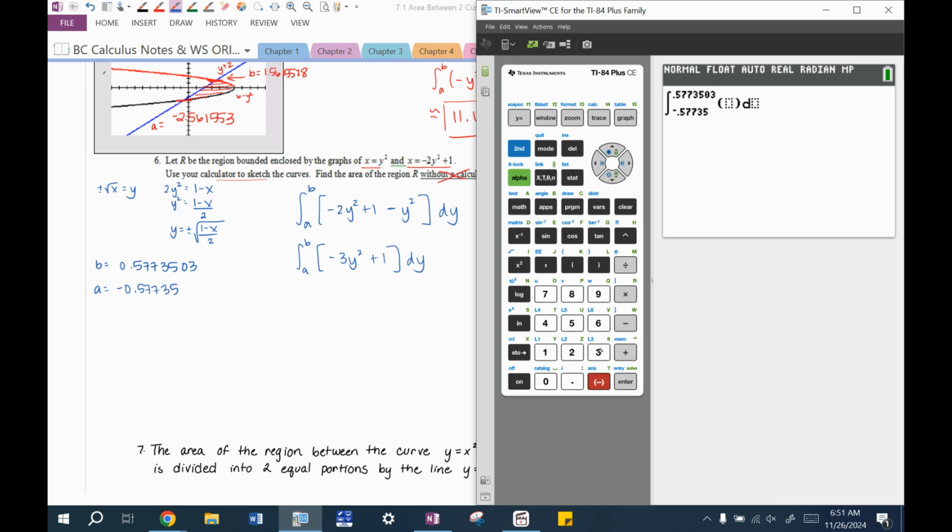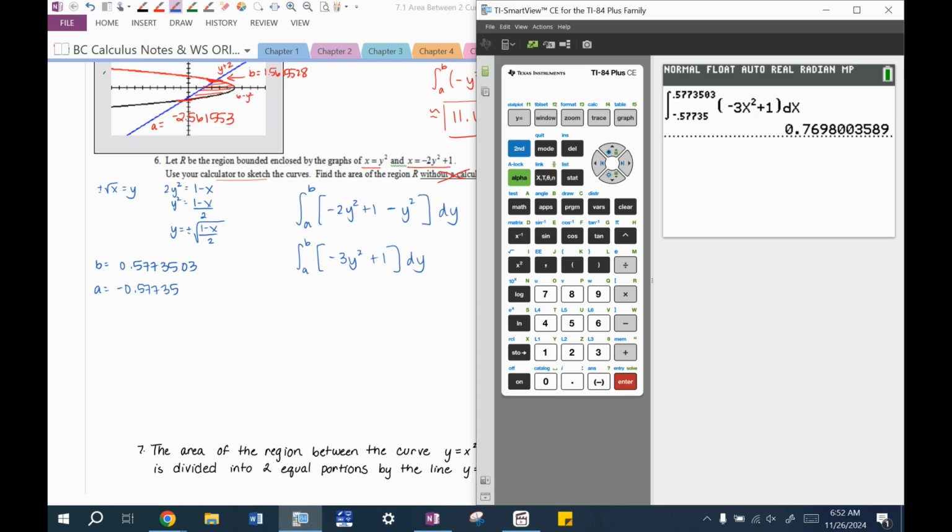And then negative 3x squared. Oh, whoa, that's in the wrong spot. Delete. Oh, that's annoying. Okay, let me type that in again. Negative 0.57735. There we go. Okay, negative 3x squared plus 1